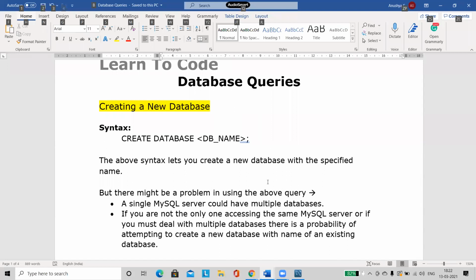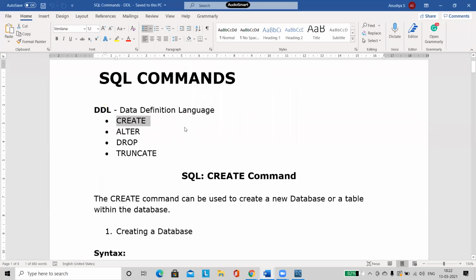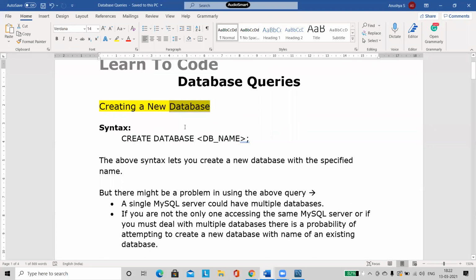Right. So now the first step is that I'm going to create a new database. I already discussed with you what a database is. A database is nothing but a collection of data. Data is nothing but information. I'm going to collect a lot of data and store it. How to store it?